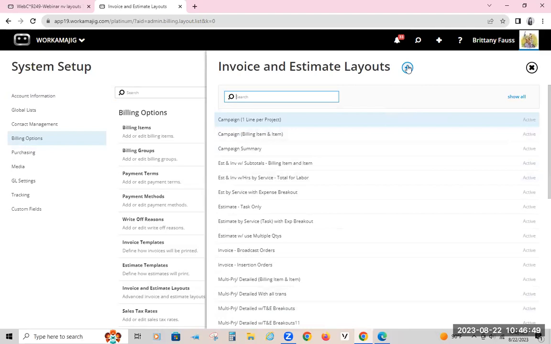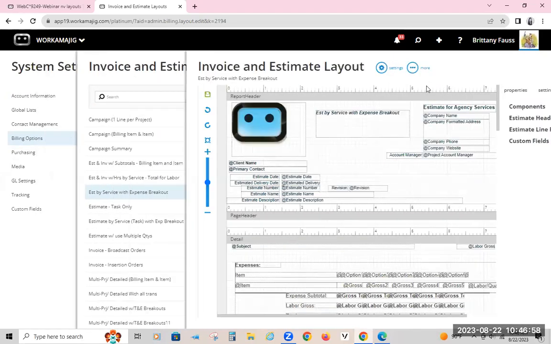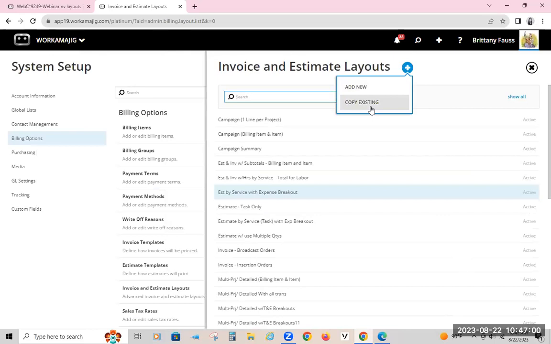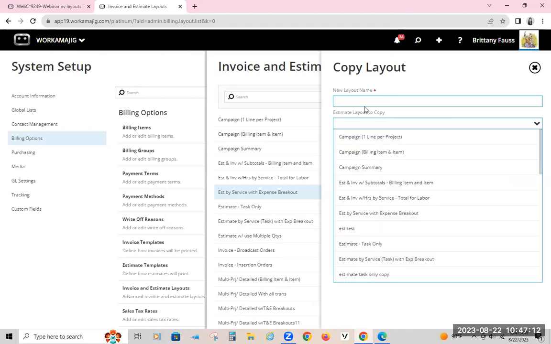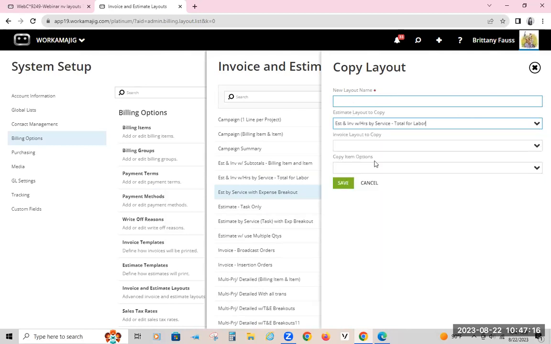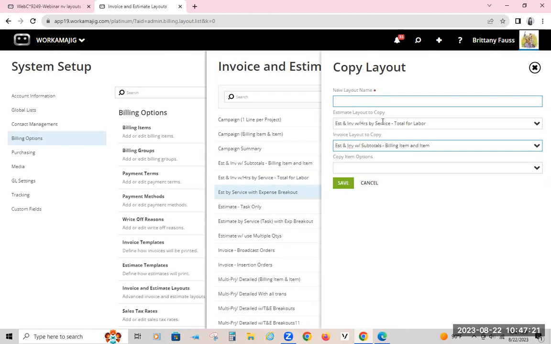So my recommendation is to just copy from these. Like if you like the way this is set up, keep this one as it is, and then just copy from it. So I showed you how to just copy from one. You can label it similar, or you can call it whatever you want in your layout name, but then decide, what am I copying from, right? So again, if I said that I liked this one, and the reason that there's two different options in here is because